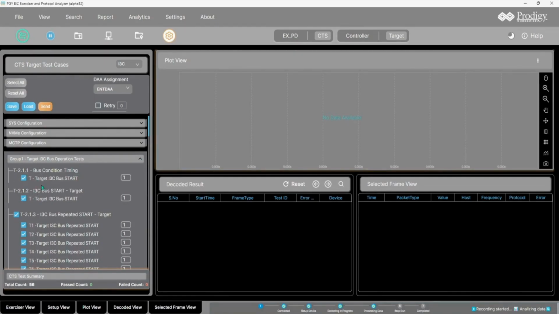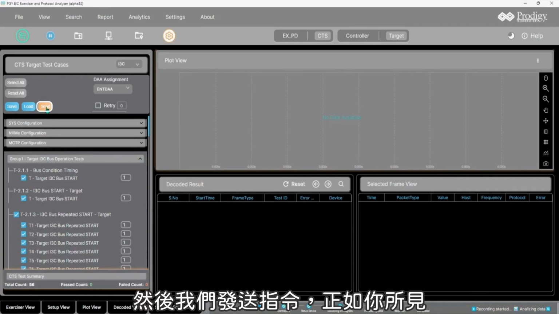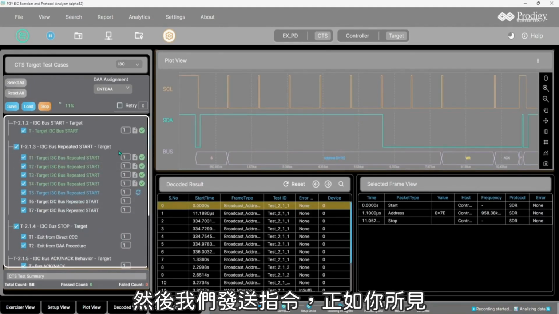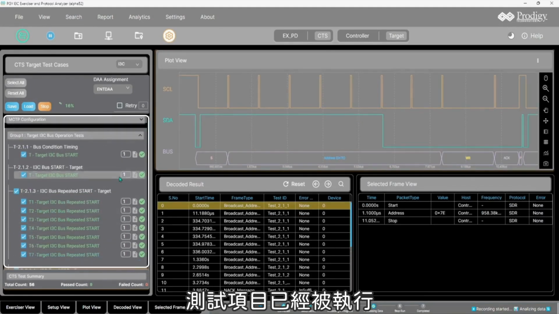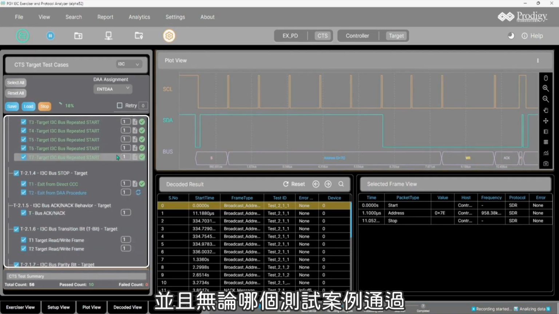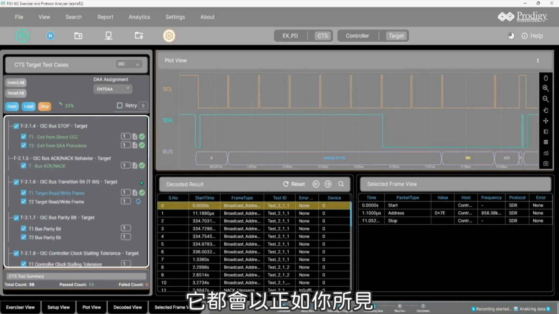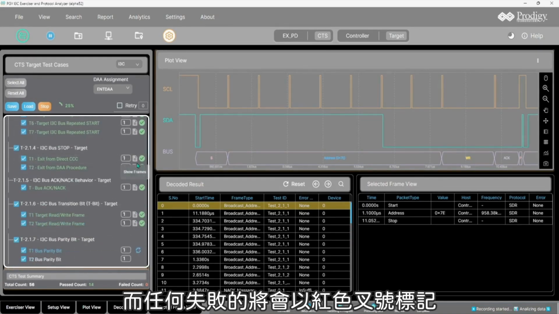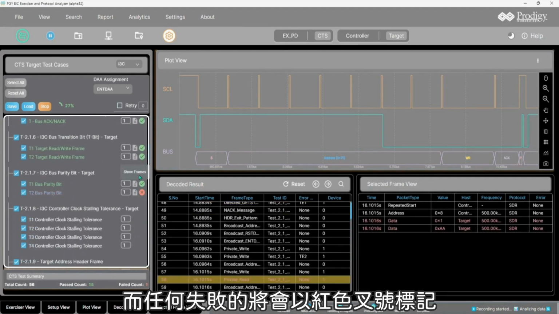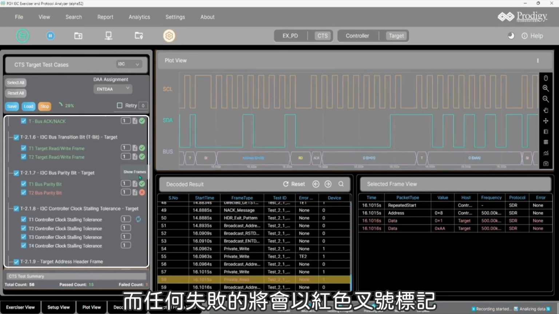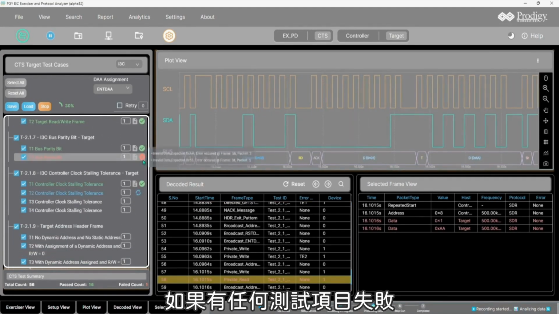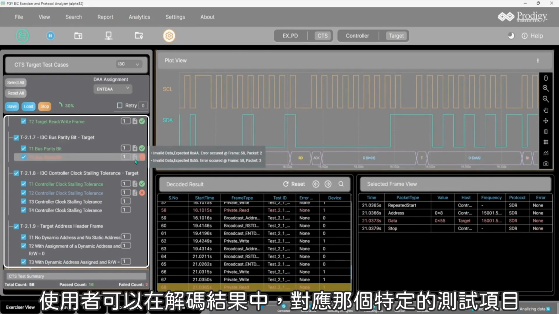Now we have given the start capture, then we'll send the command. As you can see, the test cases are being executed, and whichever test case is passing is highlighted with a green check mark, and whichever fails will be highlighted with a red cross. And if any of the test cases fails, the user can map